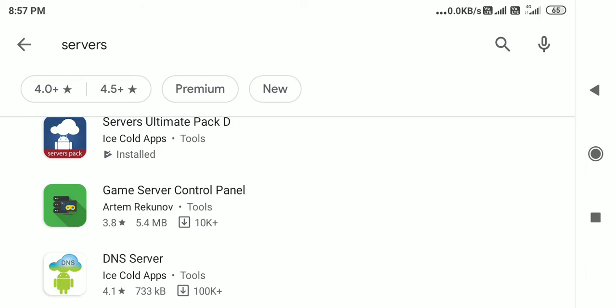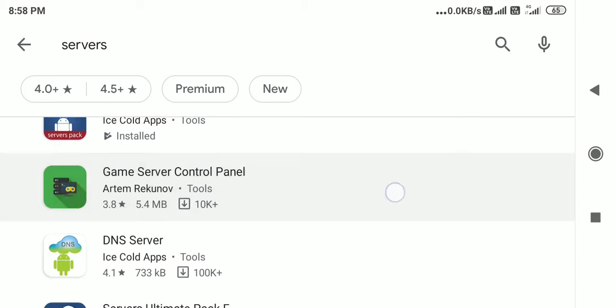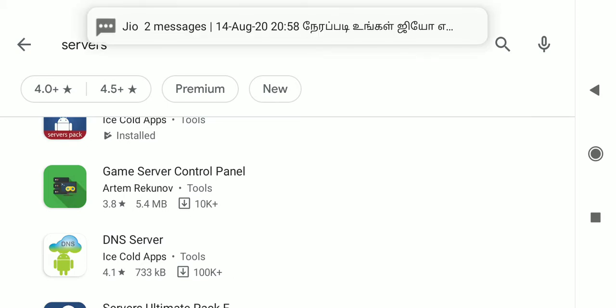You can download a server and keep a server there, and you can provide different kinds of control panel, like touch screen, moving, and other things. First you have to install the game server control panel, and then if you download any kind of game, you can play that particular game. That is called a game server control panel.